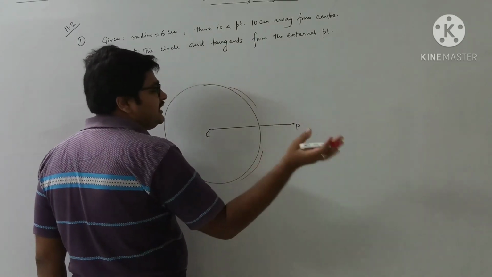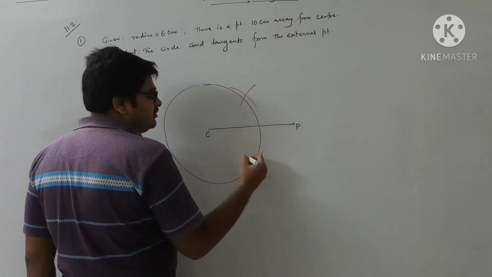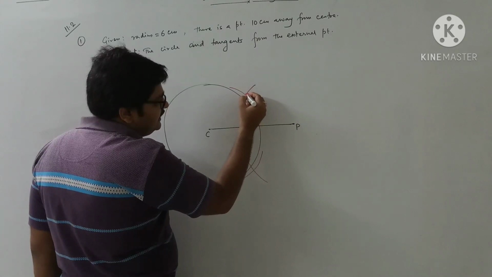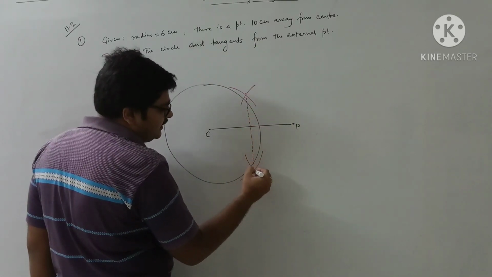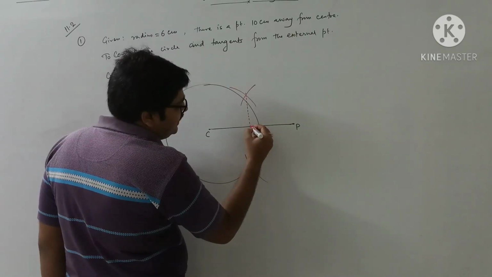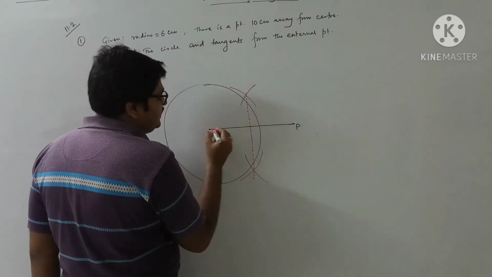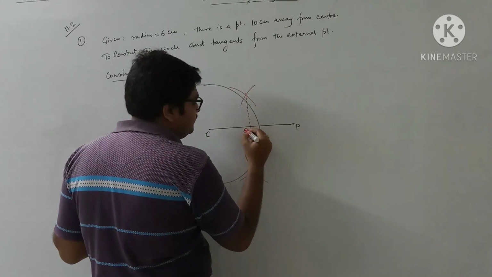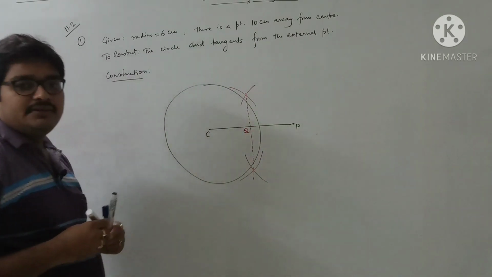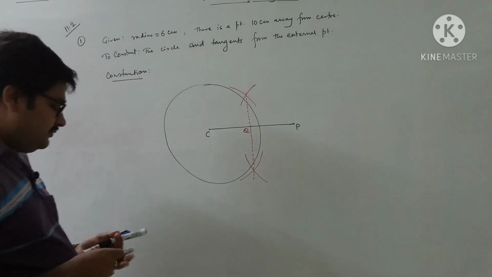Putting at P without changing my compass, I'll cut those arcs. These two arcs, these two intersecting points, whenever I join, it will give the middle point of OP, correct? And this middle point, we are just giving the name here, Q. Okay? Now,